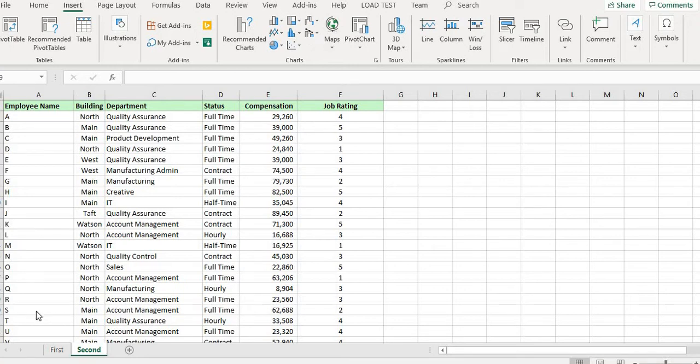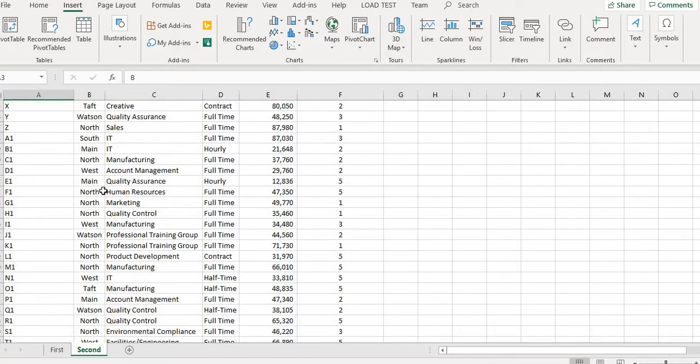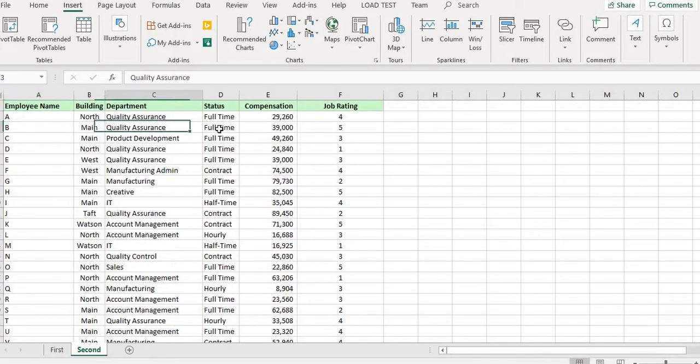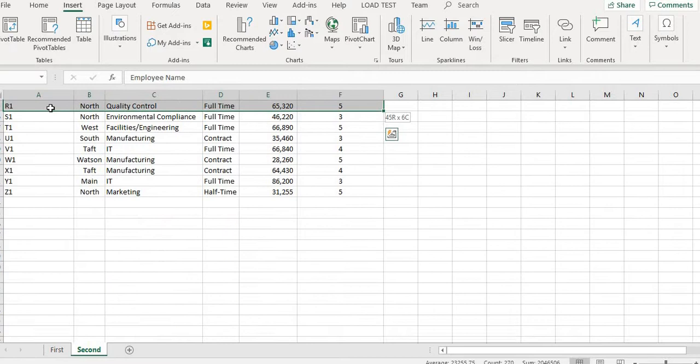Hi everyone, in this video we will learn how to use tables in an Excel sheet. So this is the data which I have, with the name, building, department, and status. I'll select all this data and page down,